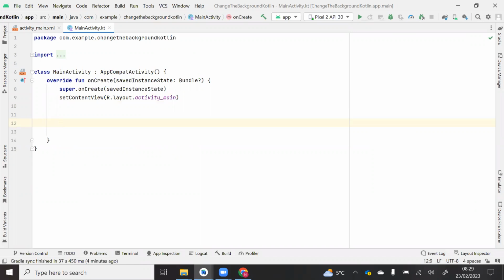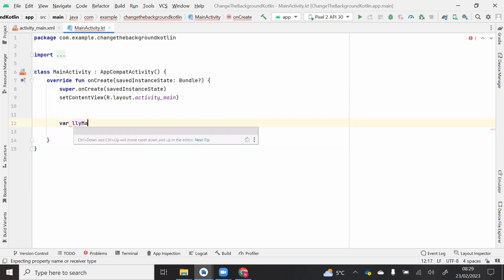So first, I need to get a reference to my linear layout, and I also need to get a reference to my button. How I'm going to do that is with var. You can also use val, because you're not going to change the linear layout into anything else, but I always like to use var for some reason. So var, and then I'm going to say lly_main equals